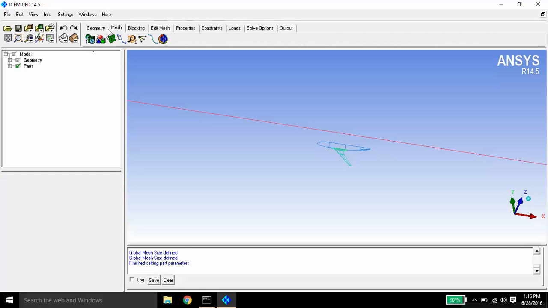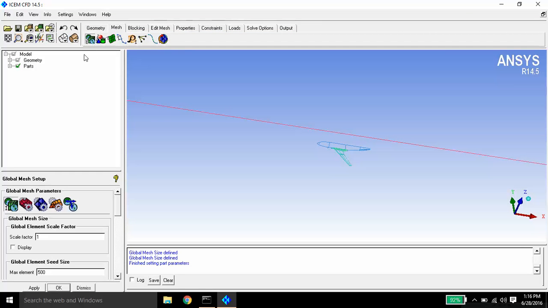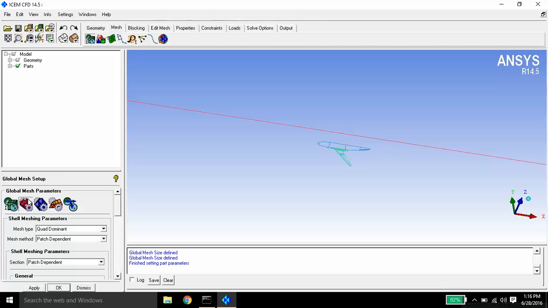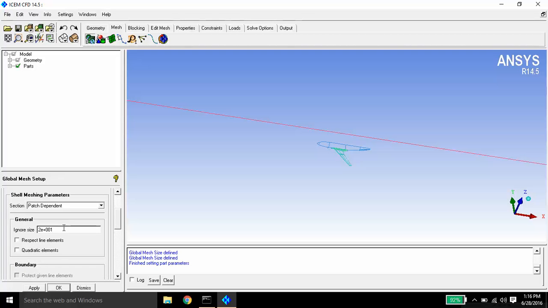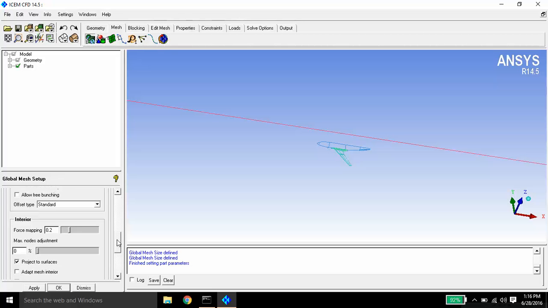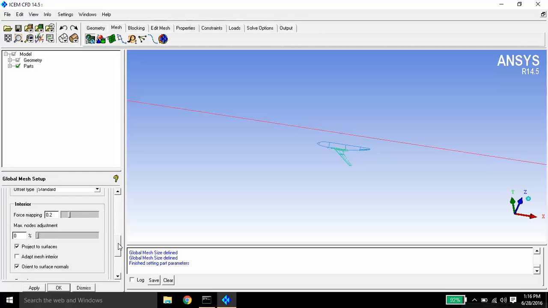Now go to mesh, again global mesh setup, then second option shell mesh parameters, all trias, give ignore size of 0.05 and that's it.